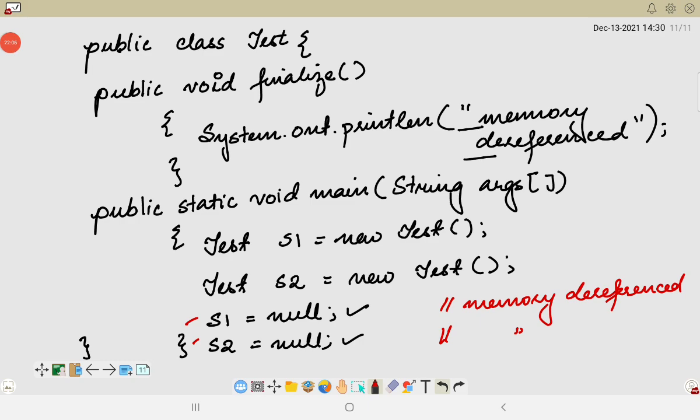Now sometimes the question is how to prevent the objects of a class from garbage collection in Java. Since we have already discussed that in Java the garbage collector is automatic, the user does not have to manually free occupied memory which was dynamically allocated. Then how does the garbage collector decide which object is to be deleted?